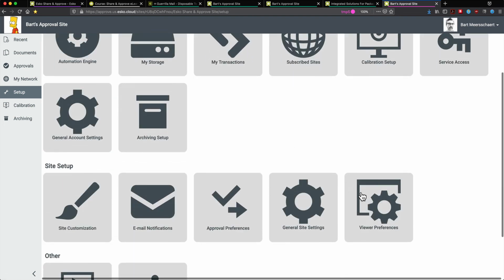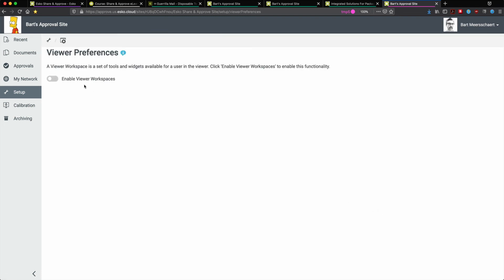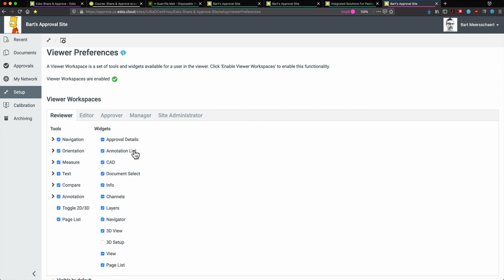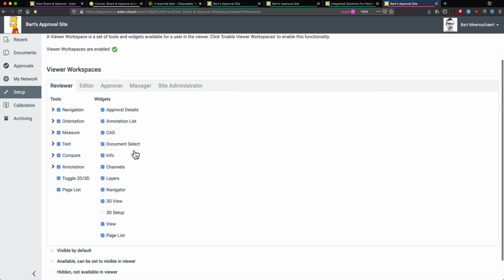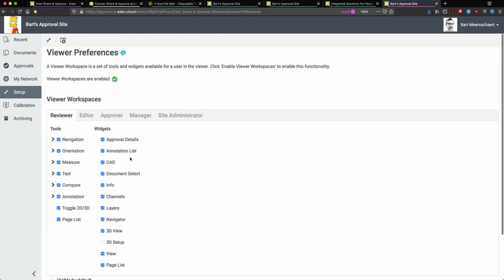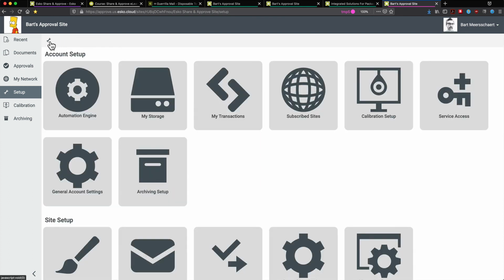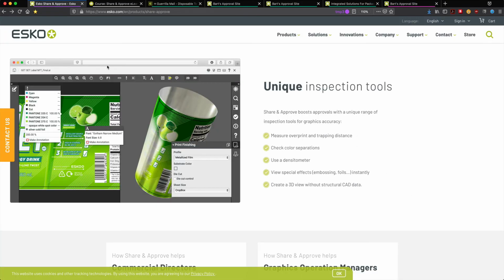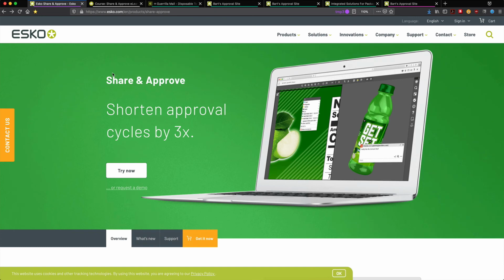So with just a few clicks, you can see that you can easily configure the Share&Approve look and feel in a variety of different aspects. Right here, you can see the viewer preferences that we mentioned earlier that you can also customize. So if you are interested in starting your own Share&Approve, it couldn't be any easier. You might have noticed here in the beginning that we have on our website,